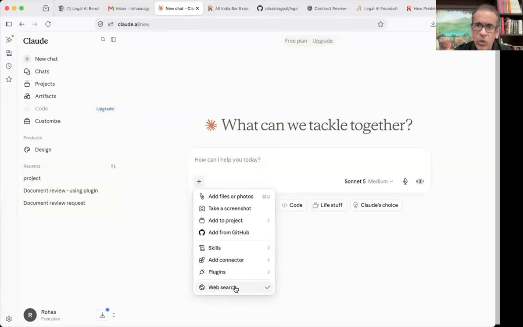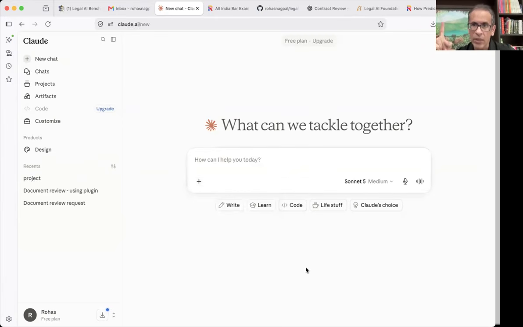When you keep web search on, while giving you answers, Claude is going to look at the internet also. Now, if you are using that, I would always recommend specify the sites it should look at. So one option is you could tell Claude that please only look at credible sites, but then it can guess. Second is you would say, okay, if you're looking for laws, only look at indiacode.nic.in for India laws. If you're looking for case laws, only look at this site